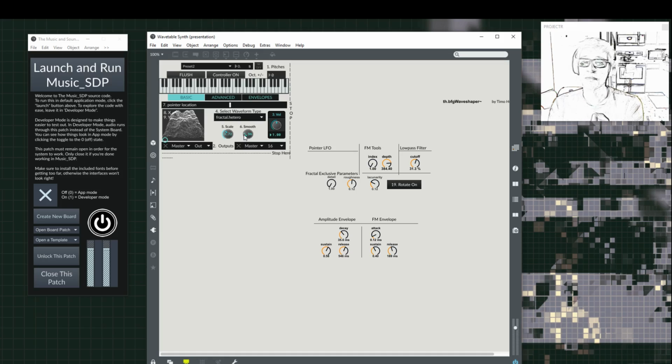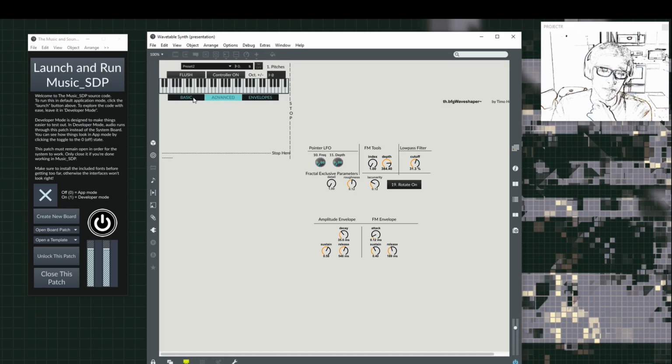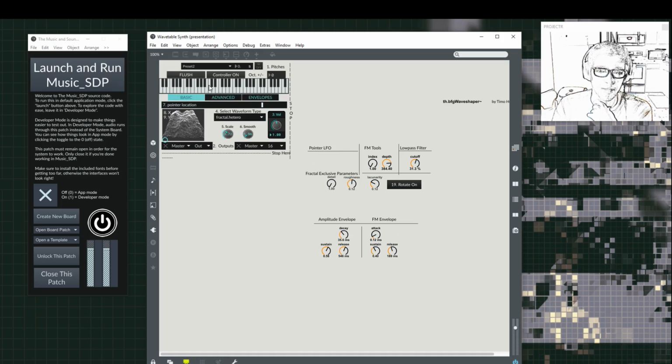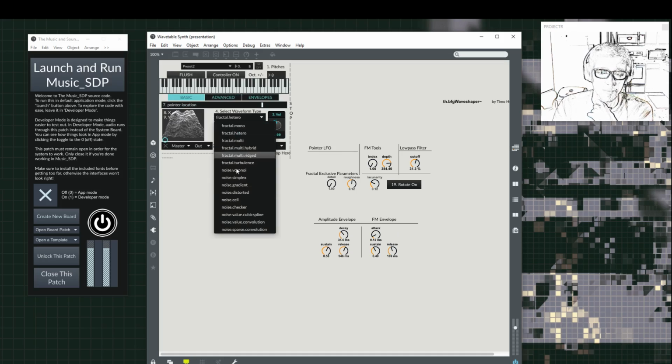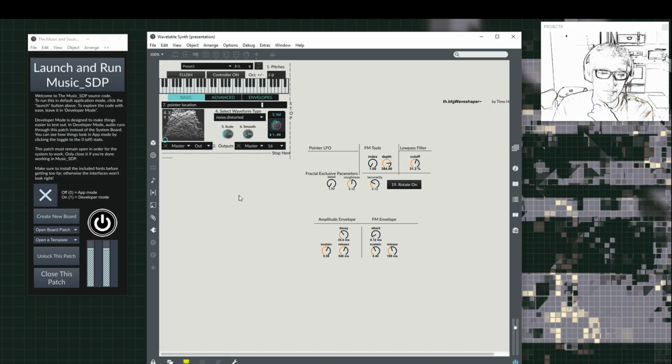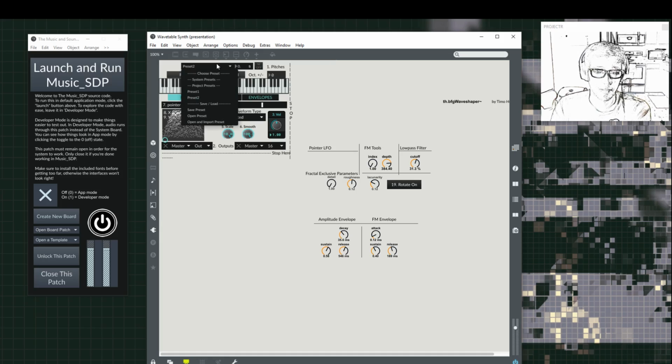So if we want to make a new preset, we set our interface elements where we want them to be. So I'll put that there. Let's see, I'll keep it on basic for what are hopefully obvious reasons. Let's set the waveform type to noise distorted. I'll set the scale to, well, let's go all the way out, and the smoothing will go all the way up. Now to make a preset, we simply go to the preset section, click on the drop-down menu, and hit